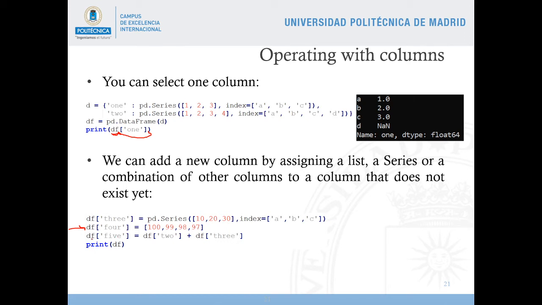And we can also create it with columns of an already existing data frame, because actually this is a series and this is another series. So they are series and we can create a series. And when we are summing two different series, what it actually does is the operation, in this case the summation, element by element. Okay, so